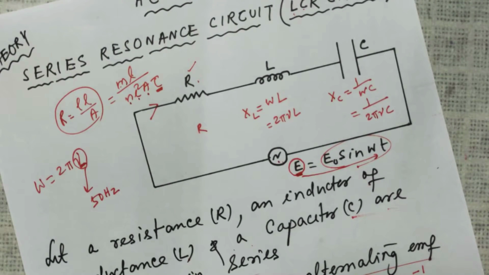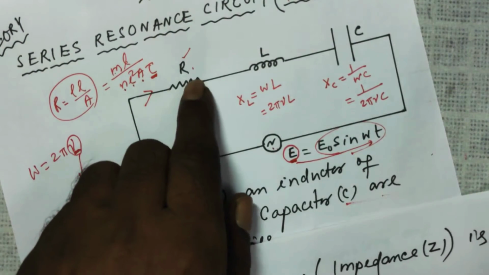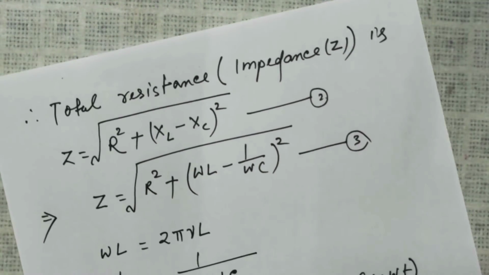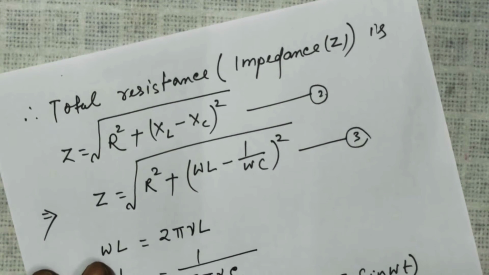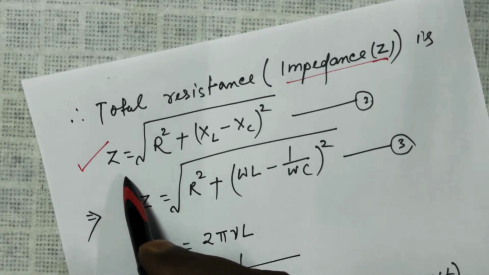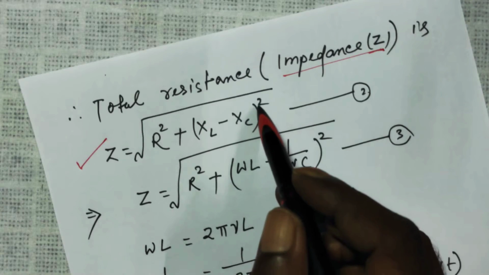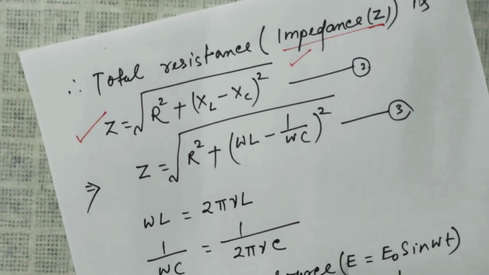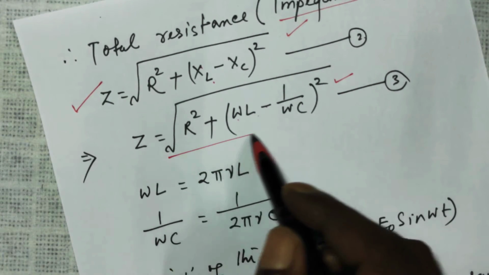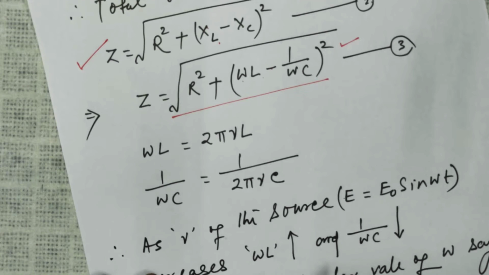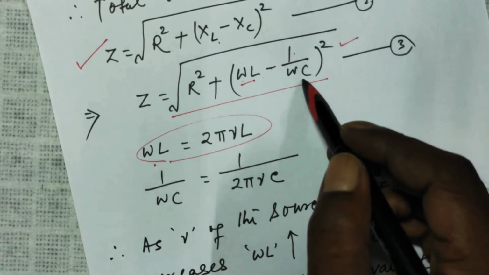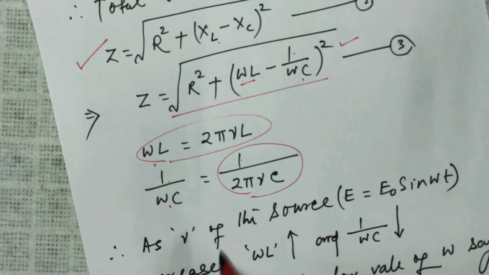And we had also learned in previous lessons, when these three elements are together, the combined resistance, the total resistance, which was called impedance, symbol was Z, was derived like this. Z is equal to square root of R square plus XL minus XC whole square. Now I put the value of XL, omega L minus 1 by omega C. Now look at this right hand side. Your omega L is equal to 2 pi nu L, and your 1 by omega C is equal to 1 by 2 pi nu C.